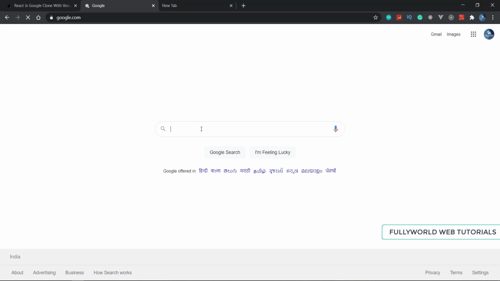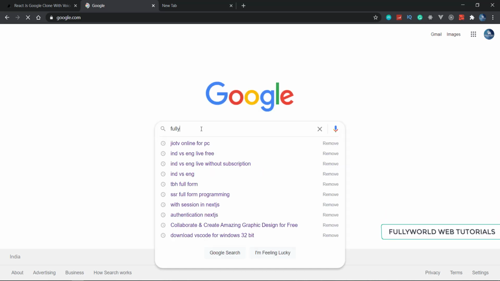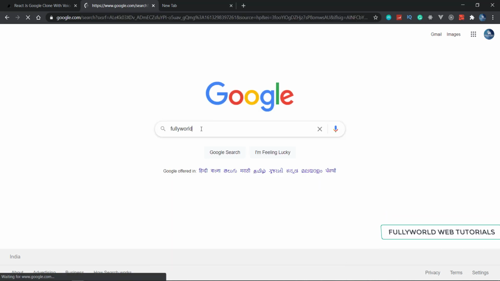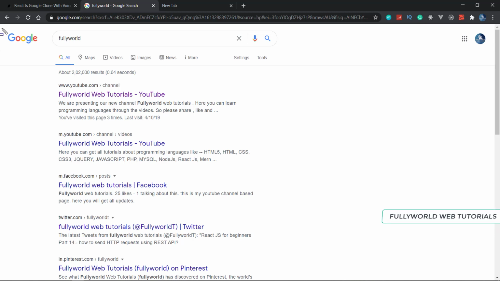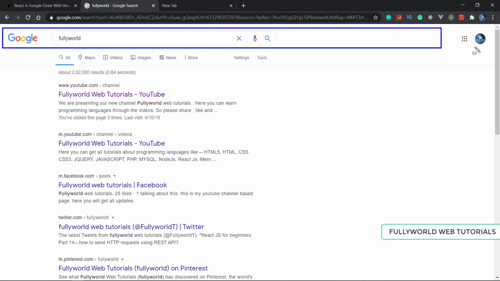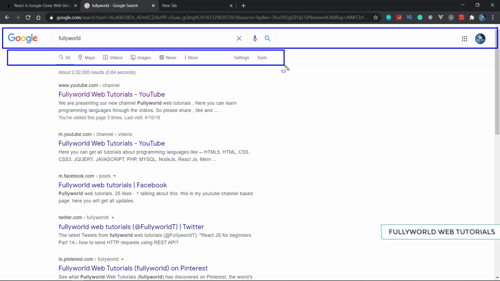See that here I'm going to search "fully world" and press enter. Here these two things are coming. This is our first header and this is our second header, our subheader. These two things we have to make.